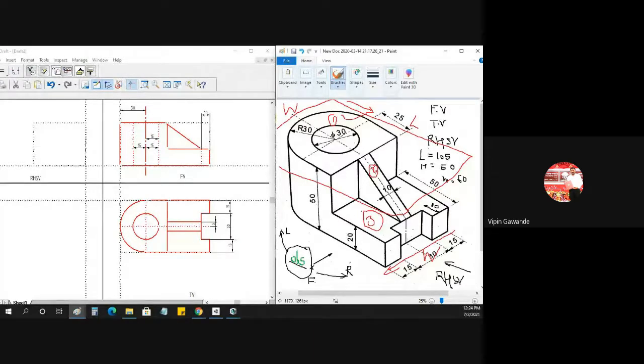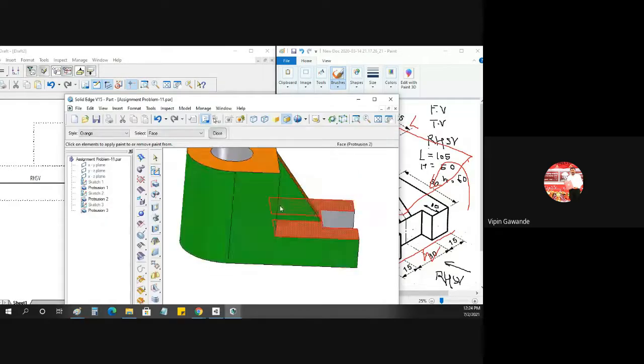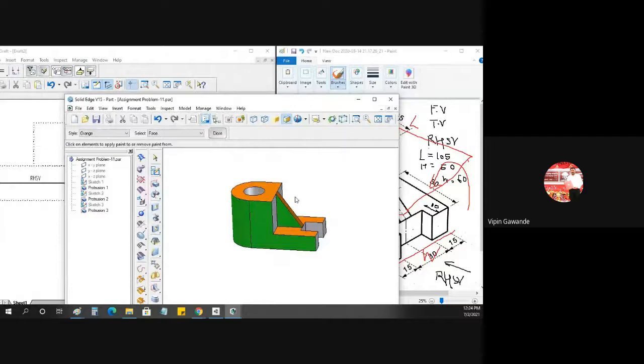That's why I told you that you have to rotate this object in the direction of the observer. See, it is given something like this. This is the front view. Just imagine you are rotating that object in front of the observer, so you'll get the correct view like this. This is the top view. The plane of the top view is like this: vertical is width and horizontal is length.